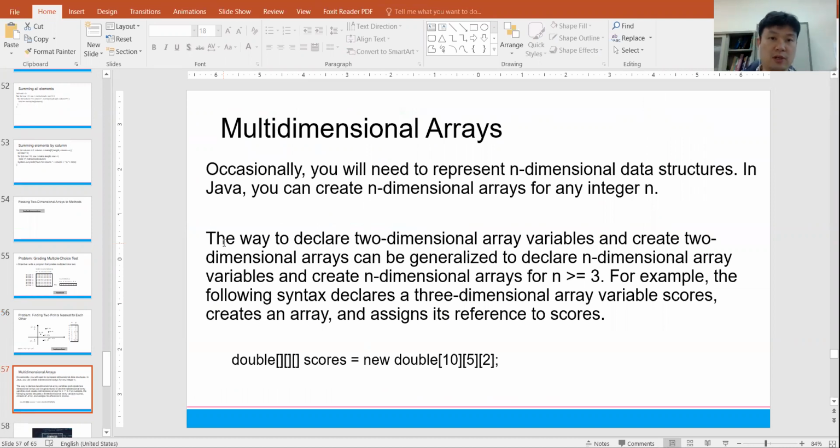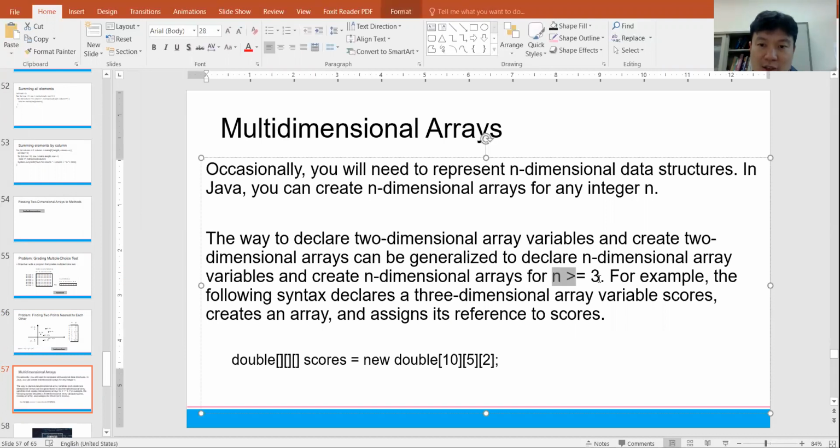In multidimensional arrays, occasionally you will need to represent n-dimensional data structures. In Java, you can create n-dimensional arrays for any integer n. The way to declare two-dimensional array variables and create two-dimensional arrays can be generalized to declare n-dimensional arrays. It means if n is greater than 3, then you can just put more than 2 square brackets. Okay, and then you need to define the size of the array. If the size is 10, 5, and 2, then you can just declare the integer number for each of the